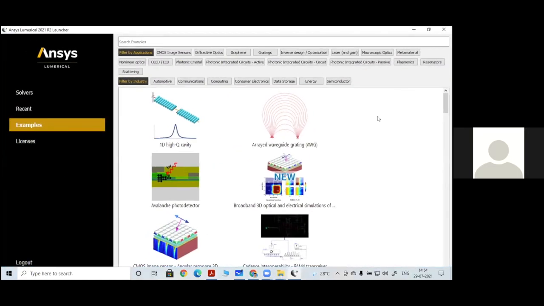Yes, can you see the ANSYS Numerical window? Yes, sir.